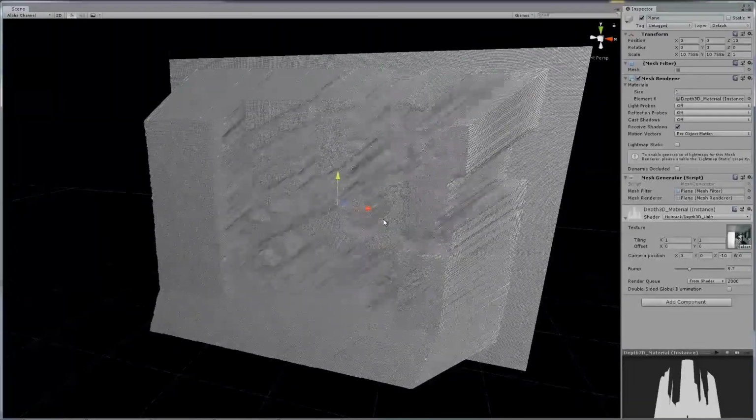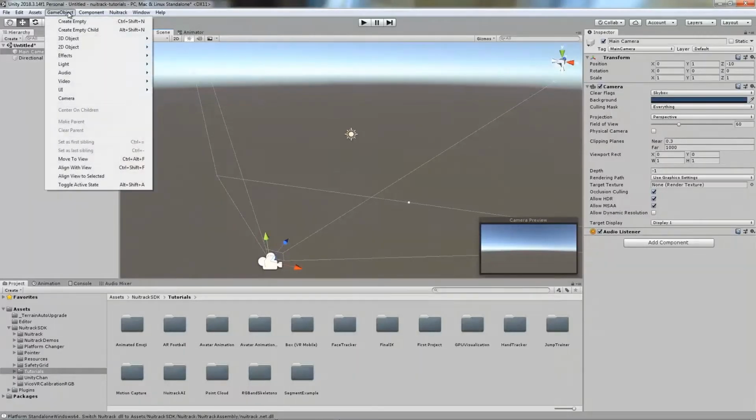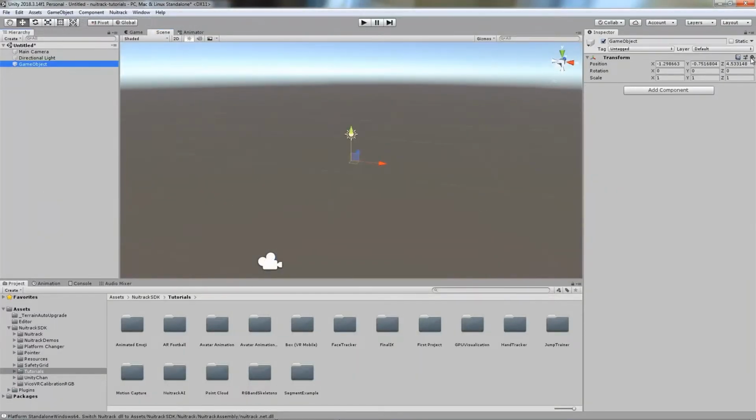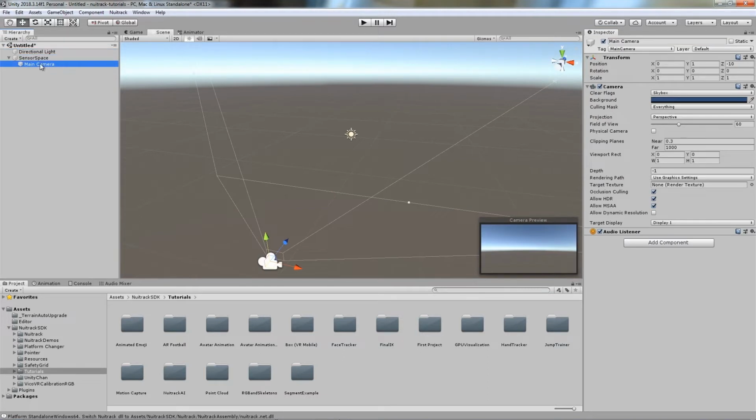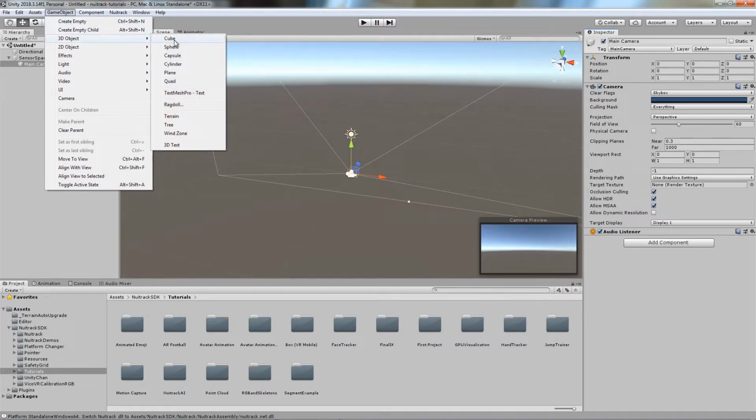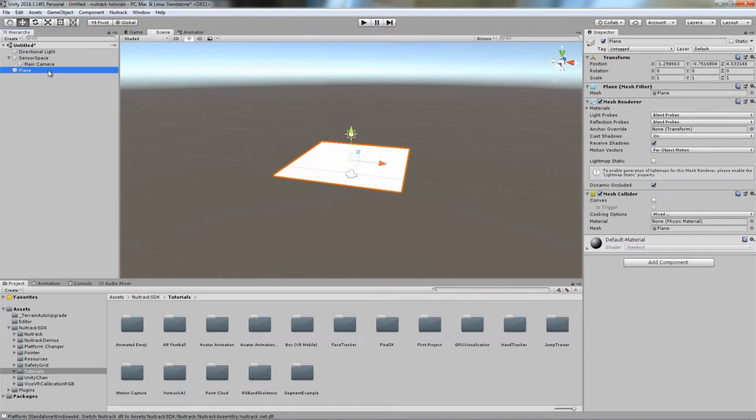We'll start with an empty scene. Let's create an object that will represent the sensor's coordinate system. Name this object sensor space and make the camera object a child of the sensor space object. Reset the transform parameters of the camera object to change its coordinates to 0. Now add a plane object, make it a child to the camera object, and similarly reset the transform parameters of